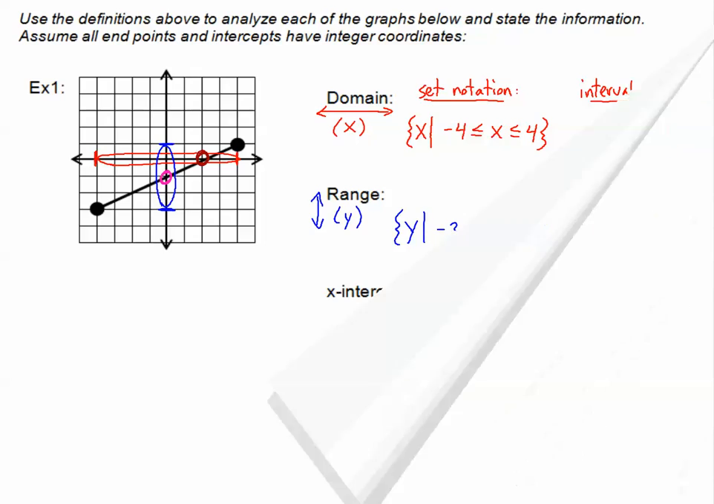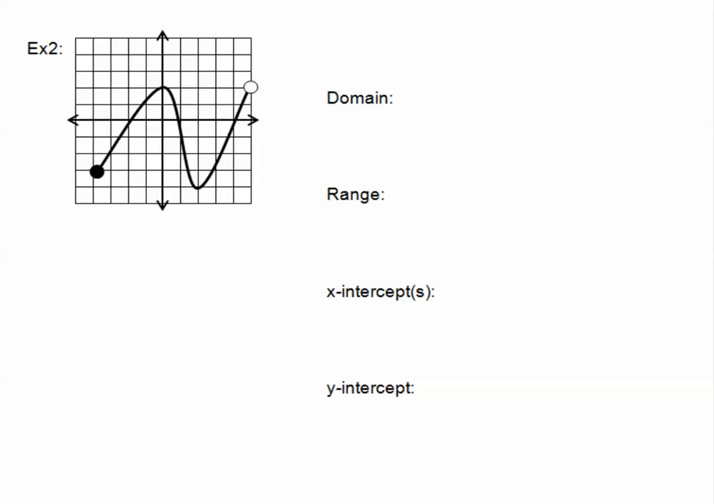Let's explore some more. Here's example 2. Now we have a little bit of a curvy function. It starts with a closed dot and it ends with an open dot. Let's see how that's going to affect my domain and my range. Let's talk domain first. We're talking as far left as we can go, which is right here. That looks as far left as we can go, which is -4. And then we travel all the way to as far right as we can go, which is right here,